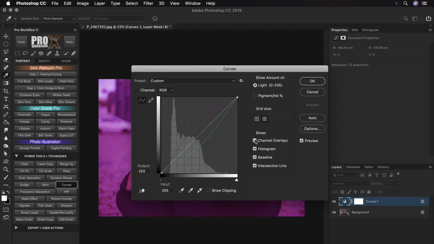Another important part of the curves is the view of the histogram of the image displayed right behind the grid. The histogram can be turned off or on in this viewing option. So if you don't see the histogram, make sure you have this histogram checkbox ticked. Next is the diagonal baseline viewing option, which shows the default place of the curve as a straight diagonal line